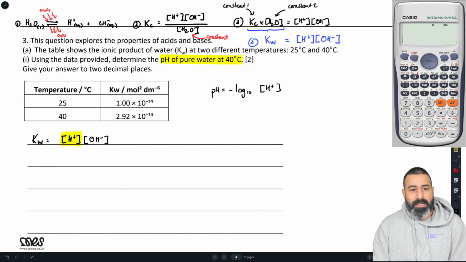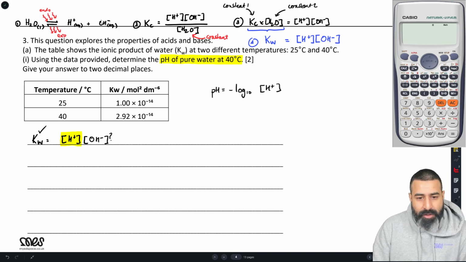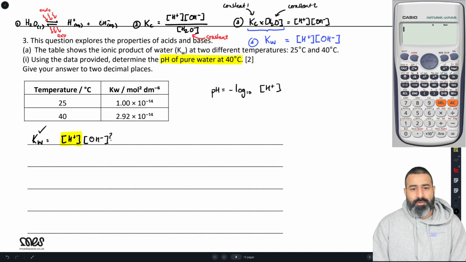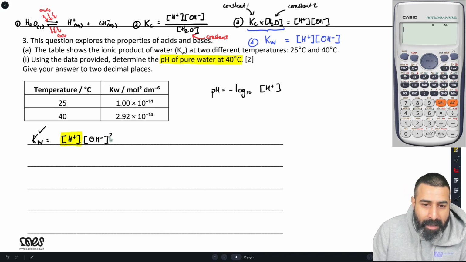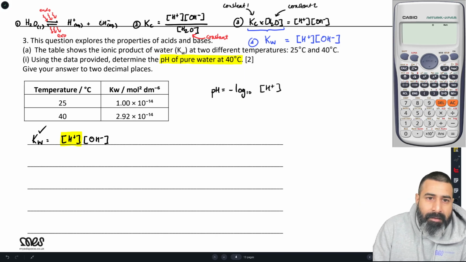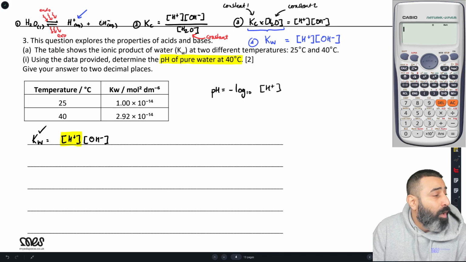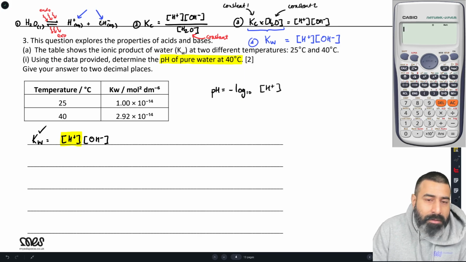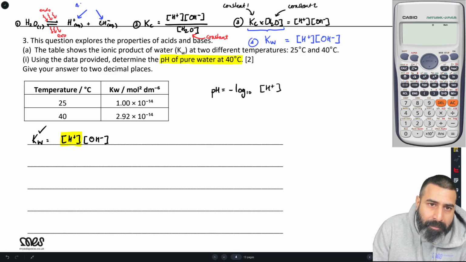But it looks complicated because I'm given Kw, but I don't know the hydroxide ion concentration, do I? But I do, because what we said earlier is that when we get one proton, we also get one hydroxide ion. So at equilibrium, the H plus concentration equals the